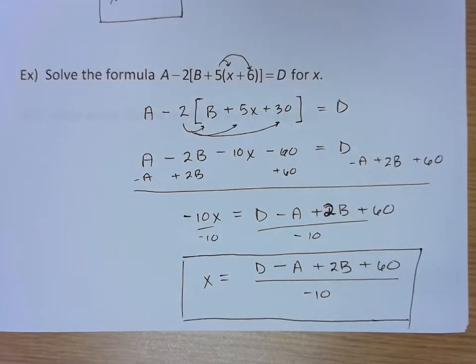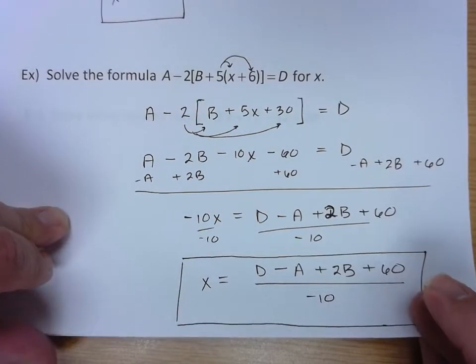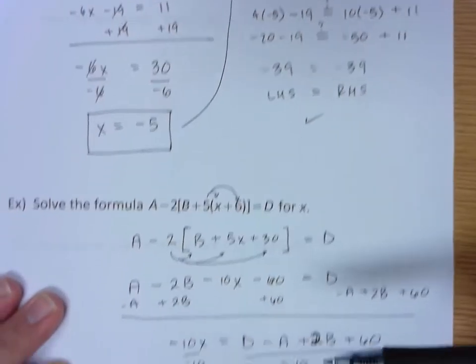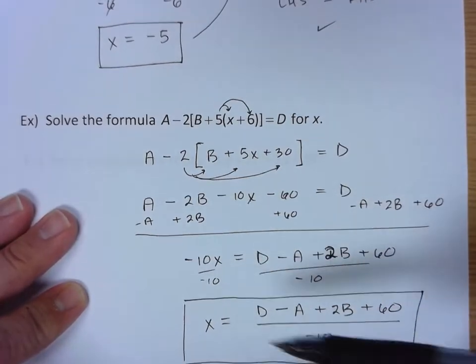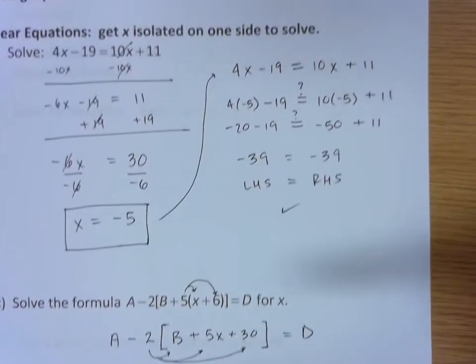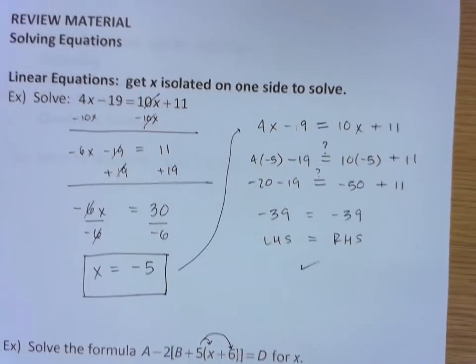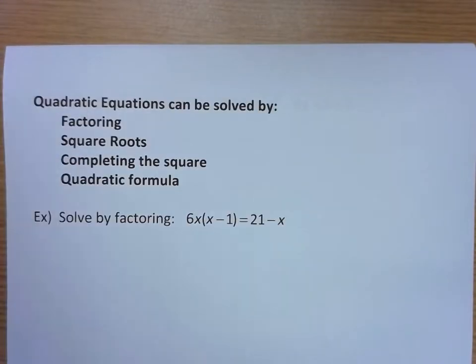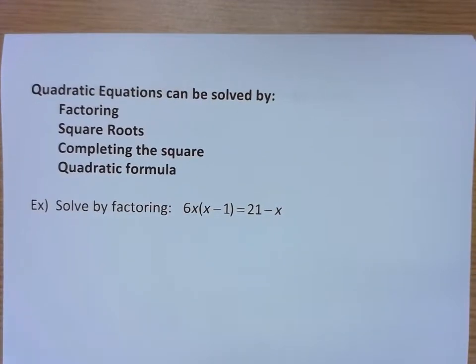Okay. So linear equations are the easier types of equations to solve because you just have x to the first power, and it involves what we did in these two examples, getting x to one side, the constants or the other terms to the other, and then your last step is usually dividing to get the x isolated and solve for. Okay. Now, second category of equations that are of interest are the ones you'll probably encounter most frequently, quadratic equations.